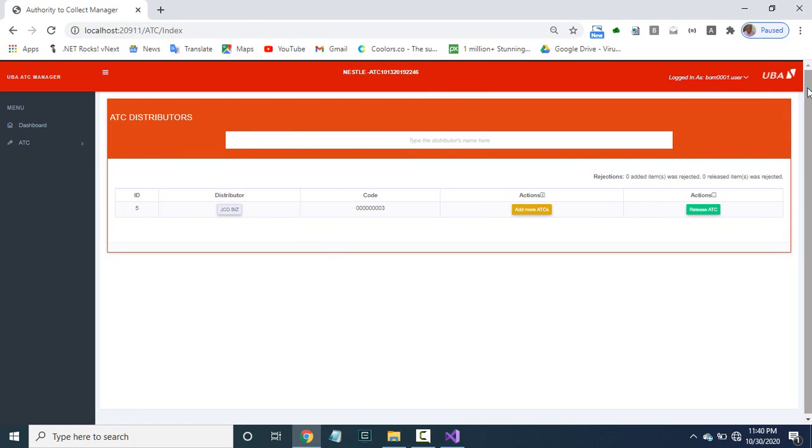Okay, it's a BOM. Somebody I will call the maker who adds ATC to the vault or release an ATC